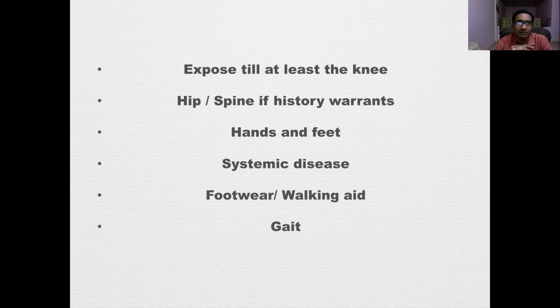Sometimes the patient stands with extreme external rotation and you find that the feet are pointed outwards. It could so happen that the problem is in the hip. There is a deformity there, and what you are seeing in the foot is a manifestation of the hip deformity. So it is good to examine the hip and spine also. Hands and feet usually go together. Sometimes you have arthritis, which is common in the hands and feet. So if you have significant arthritis in the feet, you must look at the hands also.